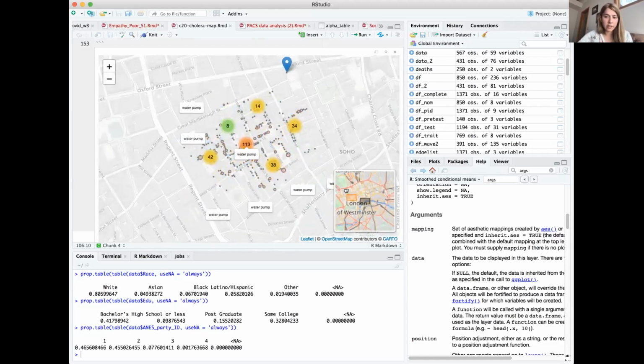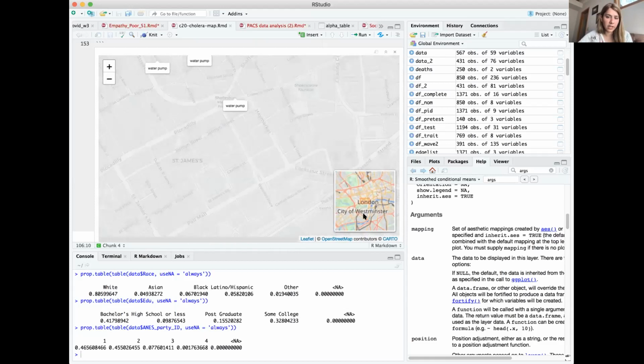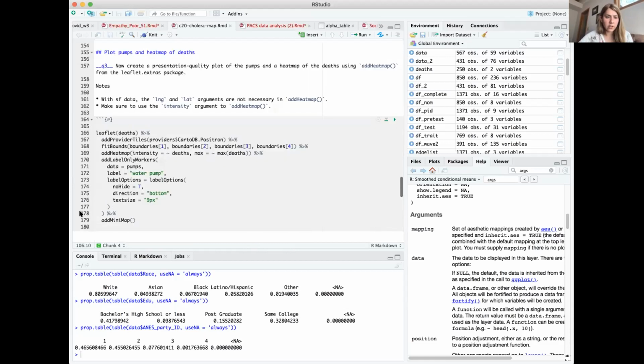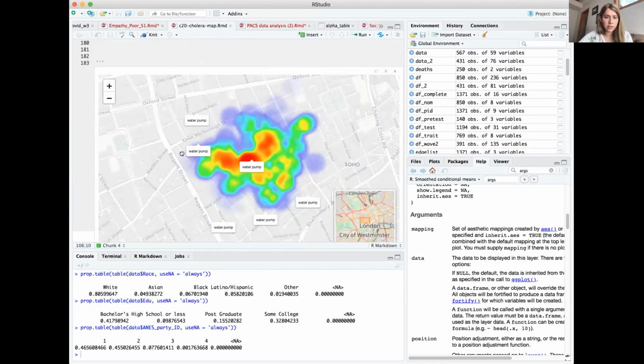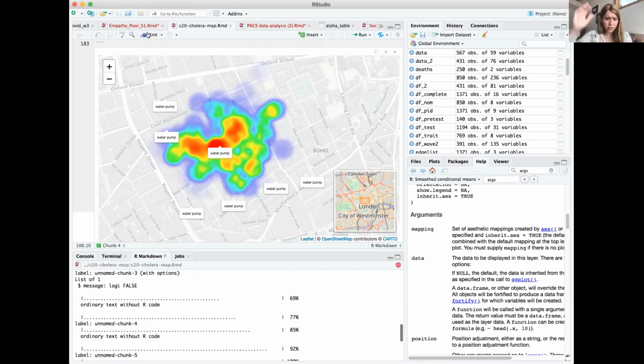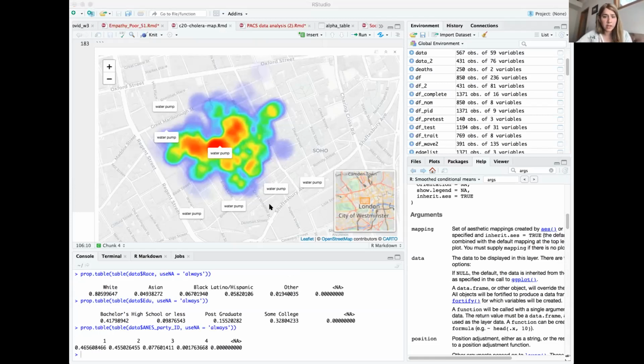And here I have a broader graph, and I can go literally anywhere here. I was just focusing on this area of interest. I also created a heat map, so here you can see around the water pumps, and again you can zoom in and zoom out. If I click knit, as I said before, it should run all my code and give me this nice HTML that looks like a website. I can click here and it would take me to this area, and here I can see my interactive maps.